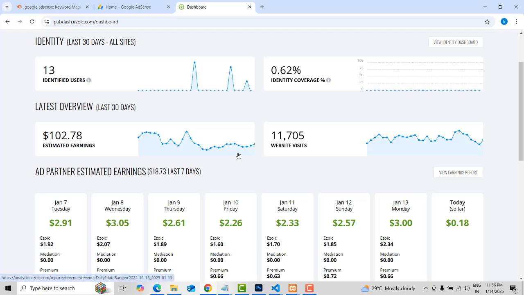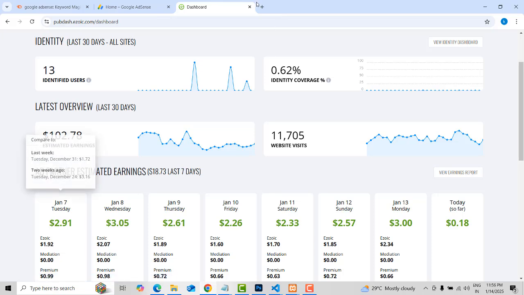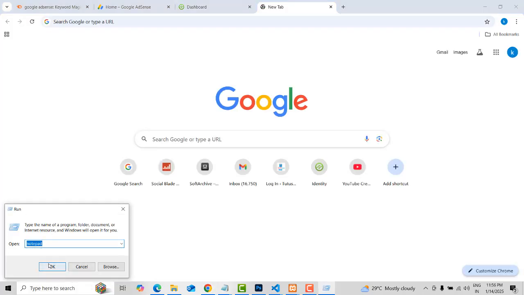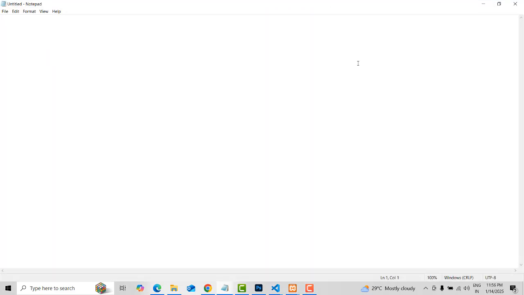So how to make a blog? It is very easy. First, get a notepad and select your niche. First you have to think about which niche you are going to make the blog for. If you want to make a travel blog, you go along with travel articles. Based on travel articles and travel videos, you can upload daily and you will be able to make money on it.